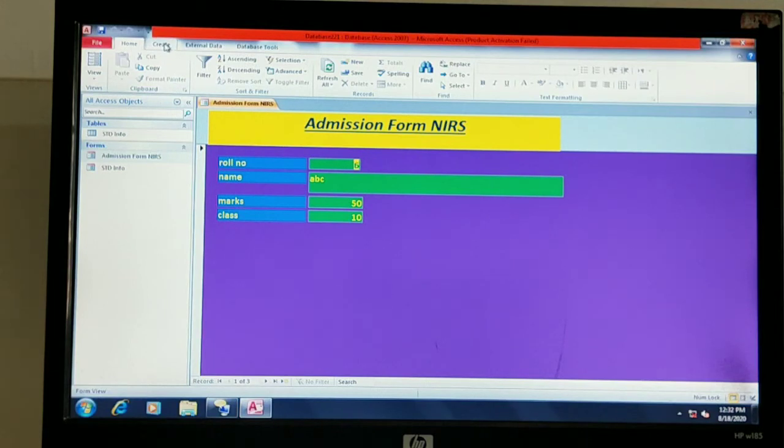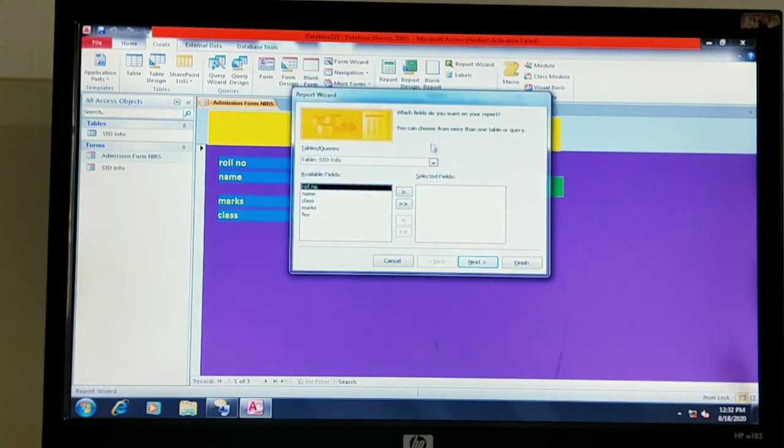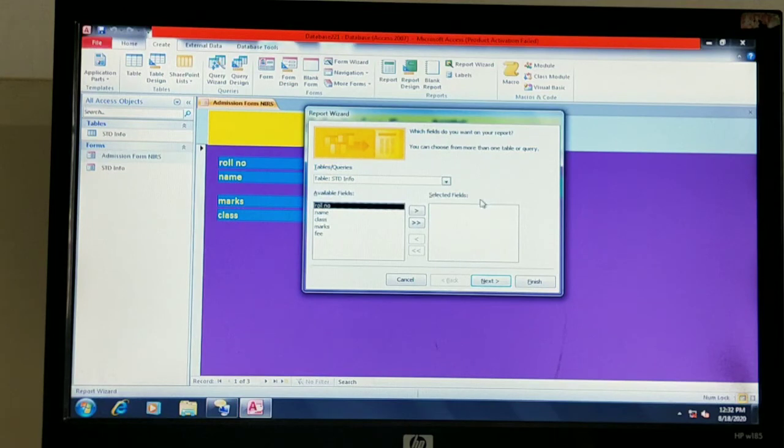Click on the Create tab. Here we have different groups: templates, tables, queries, forms, reports, and macros and code. In the reports group, you have the Report Wizard. Click on Report Wizard, and you will get the Report Wizard window.